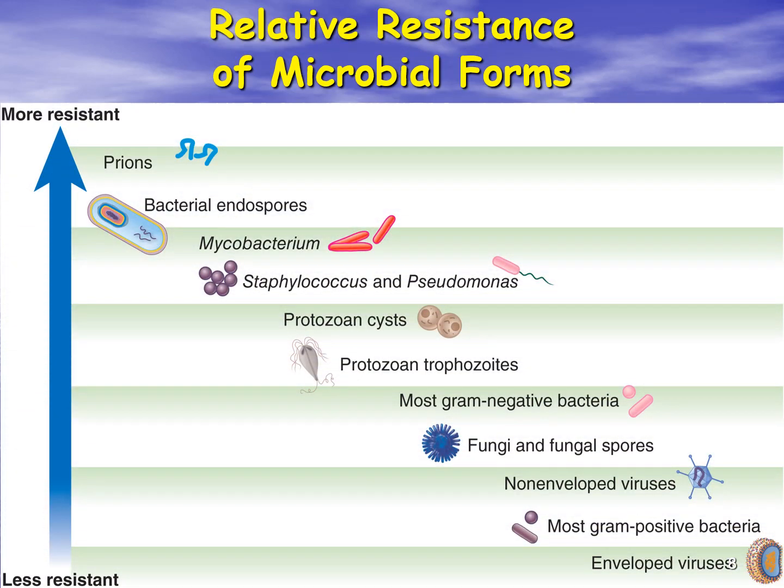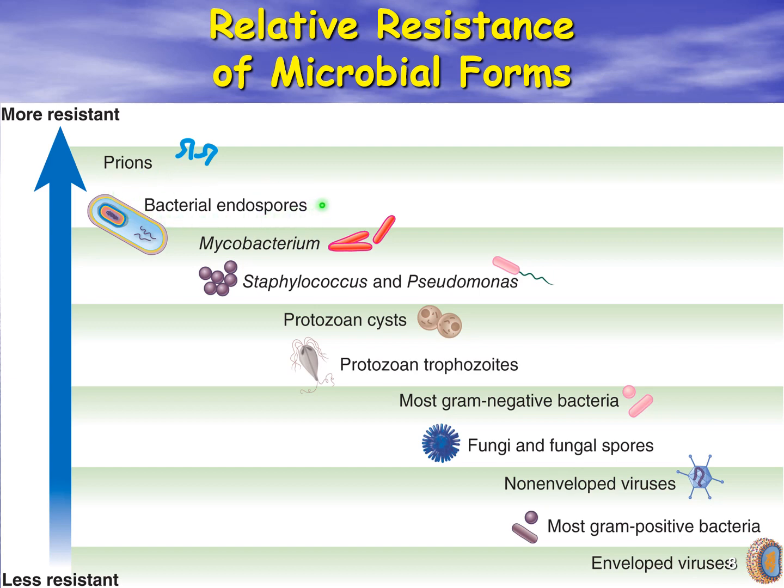Now, when we look at the relative resistance to microbial control of microbial forms, the absolute most resistant form of a pathogen is going to be the prions. The only thing that gets rid of prions is incineration. The next lower is going to be the bacterial endospores, which makes sense in the fact that the endospores are formed in order to